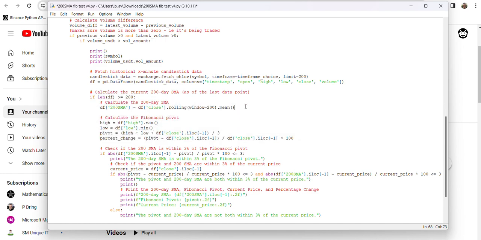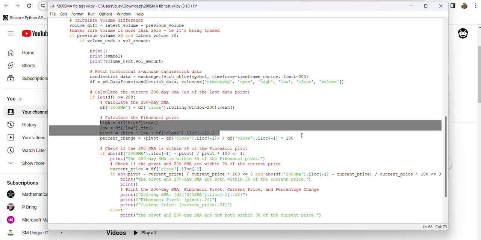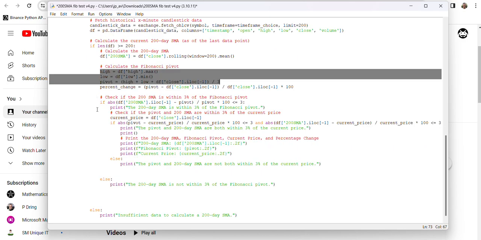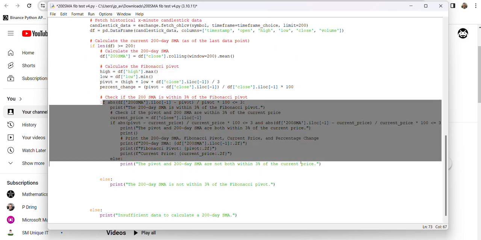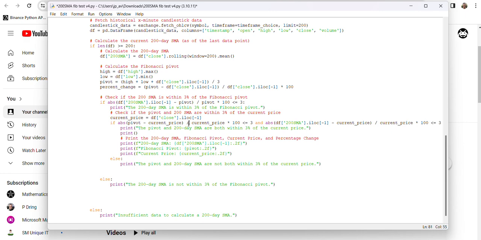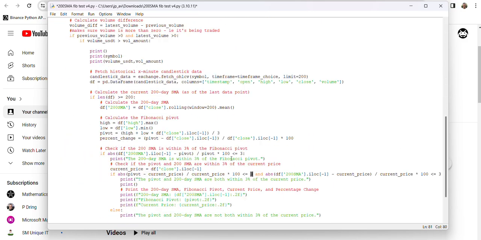We calculate the price of the 200-day SMA, calculate the Fibonacci pivot, and then check whether the price is within 3% of the 200-day SMA and the Fibonacci pivot. If so, it gives us that data. If not, it doesn't. As before, we could change the percentage by changing that value. I've said 3 at the moment, but you could change it to 1 or 2 depending on how accurate you want it to be.